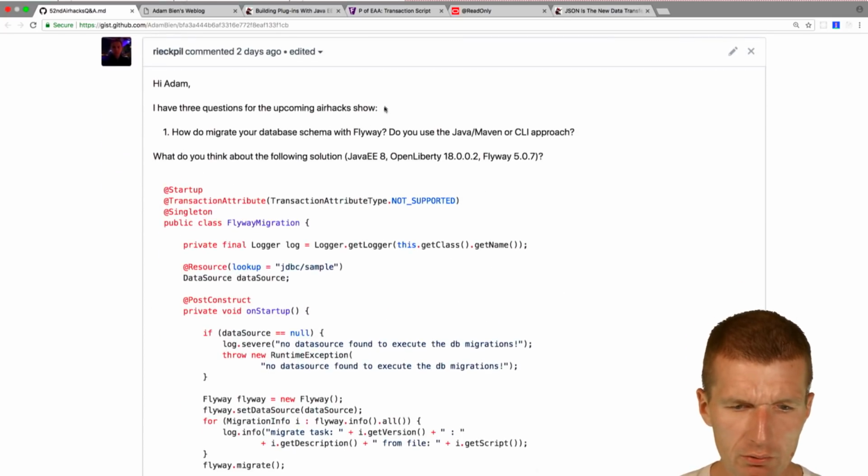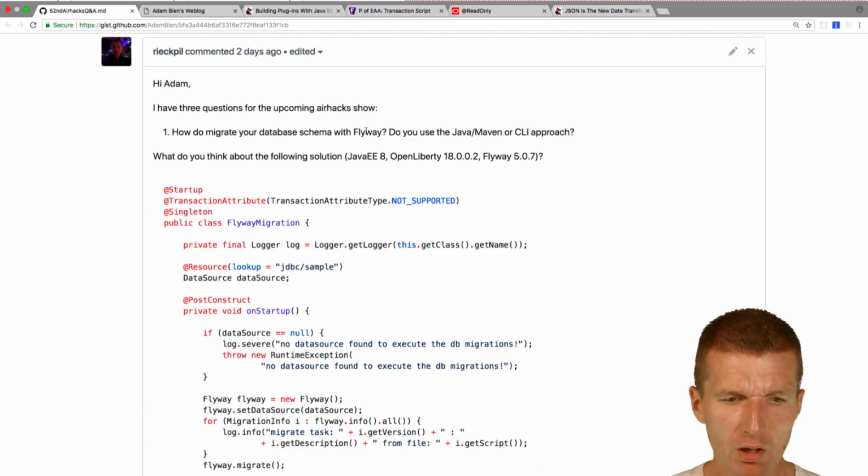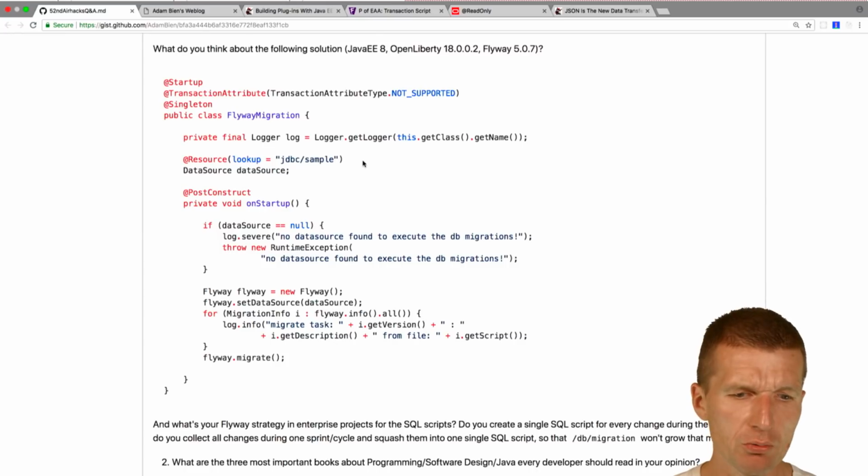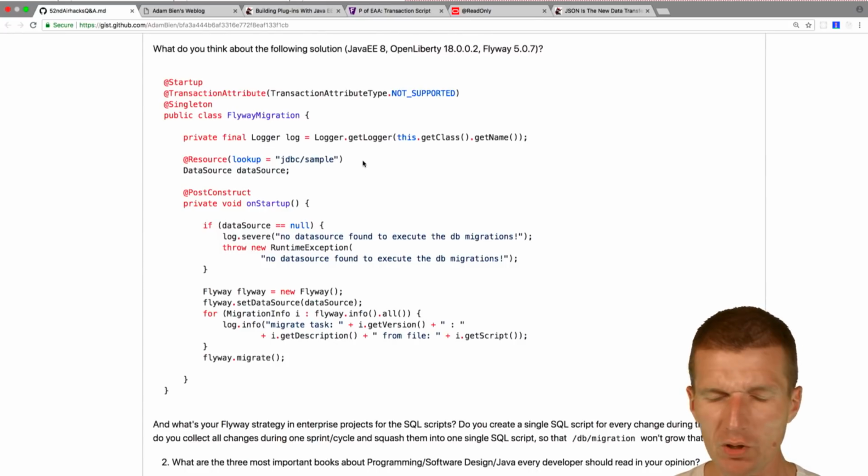Now the questions about Flyway. What do you think about the following solution? I did actually almost exactly the same. So the question is,